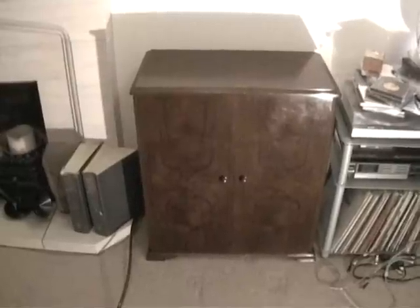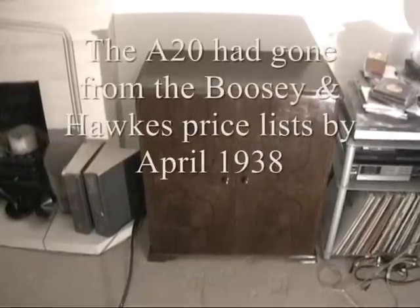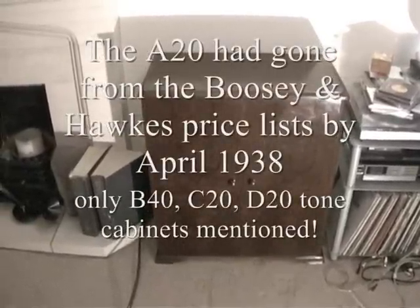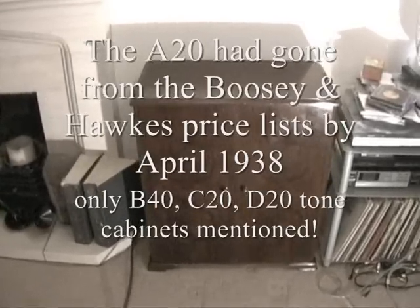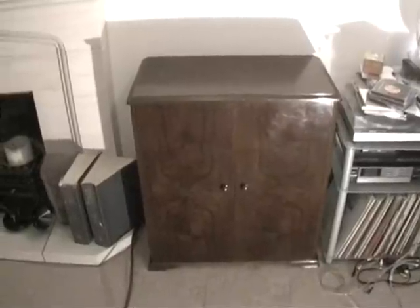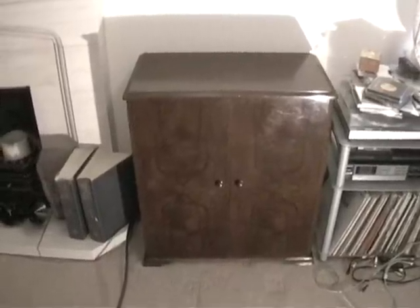I think in general terms they're very rare. They were only produced from 1935 to about 1939. The original ones that went out with the Model A Hammond organs had two 12-inch speakers, and are very rare these days. We're now talking 75 years old, and I think in the UK, and this is a UK one with a